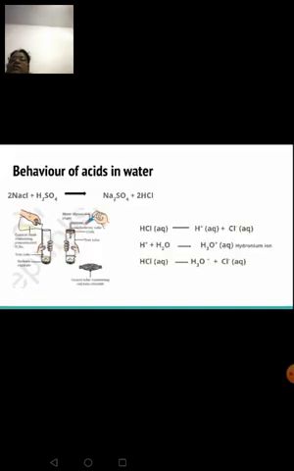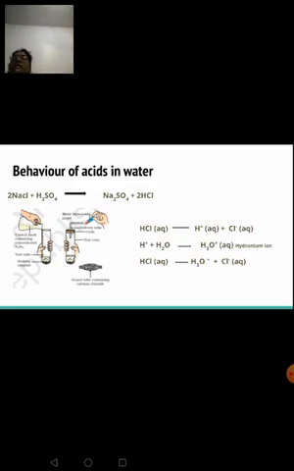Clear to you? Now, acids will show their acidic behavior only in the presence of water. I have given the reaction form here. Sodium chloride, NaCl, reacts with H2SO4 to give you Na2SO4 and HCl. Here Na2SO4 will be in aqueous form. Your HCl is in the gaseous form. Your H2SO4 is again aqueous in nature. Sodium chloride is solid by nature.